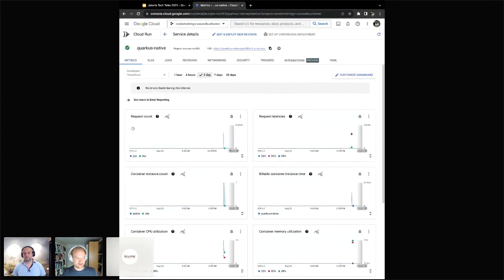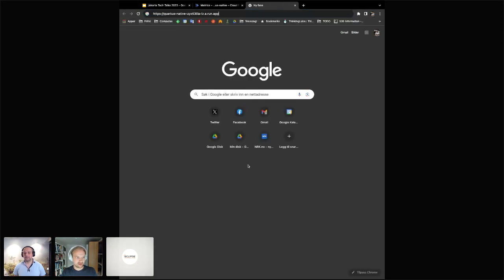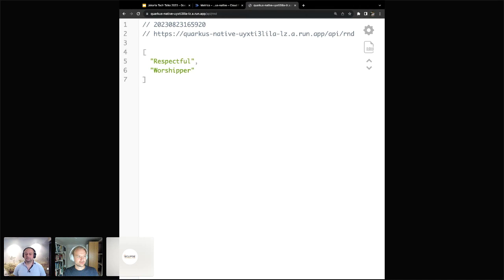So let's head over to the native one. I'll copy the URL. You can see also here that it's not running. Totally. Yeah, it scales down to 0. So that's actually pretty cool. All right. So now I'm starting. Here we are. Less than a second. As a user, I'm not getting impatient before getting the answer when running native mode, which is really cool. This is Java code. It's getting up from 0 to providing an answer to the user in such a fast time.